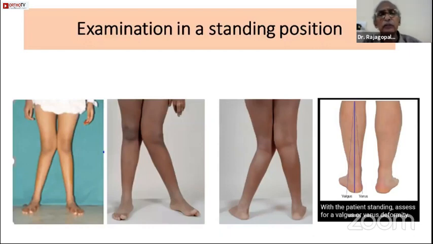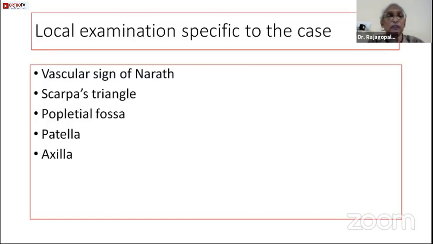And why do we want to see in a different position? Sitting, standing. Look at these pictures. If your patient is the one with a genu varum or a genu valgum, your standing may increase the deformity. And also the limb alignment is very, very clear. And why do you want to see from the backside? If from the backside you see the leg and the heel alignment, you can easily make out a heel varus or a valgus. The local examination specific to each joint, like you can have a vascular sign of Narath